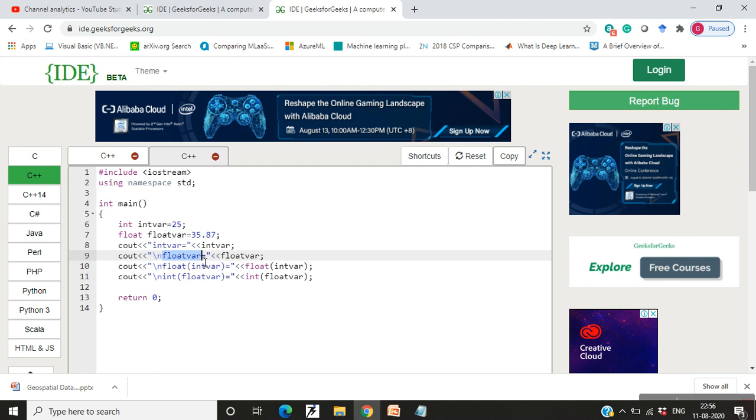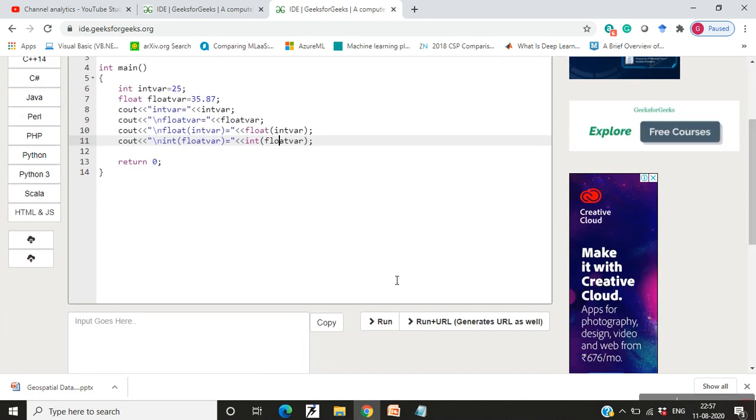Now if I want to convert int_var to float, and float_var to int, I'll use the typecast operator as the type name, followed by the variable name in parentheses. I'll show you the output for this.